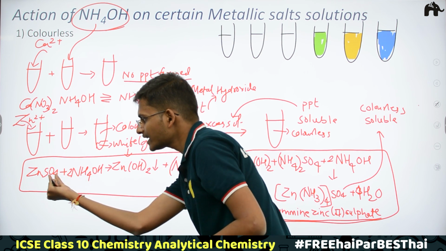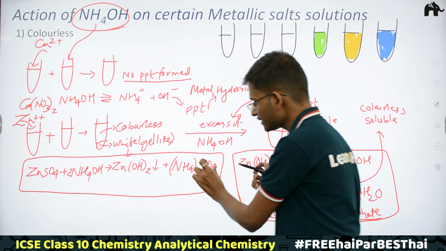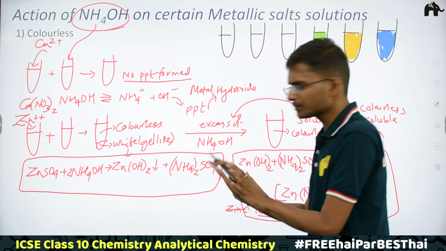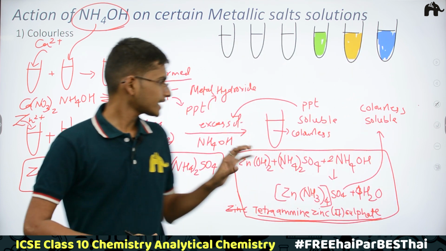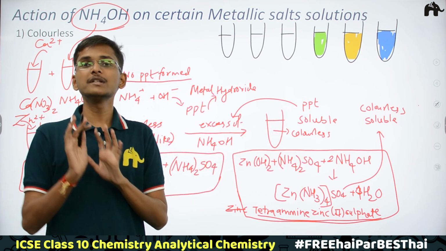2 ammonium ions and 1 sulfate ion, right? So see, 2 ammonium ions and 1 sulfate ion. It is balanced. Very simple. And one more thing, while writing this reaction, whenever the precipitate is soluble, okay, if I would have missed writing